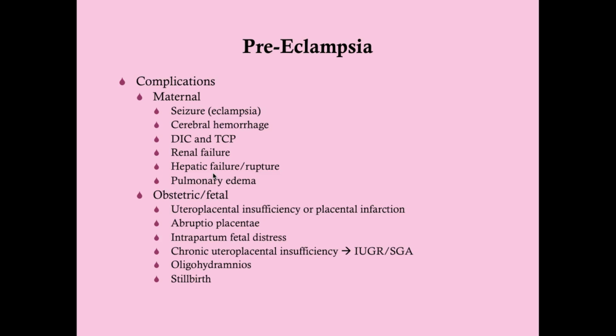It can go into the liver. It can go into all sorts of places. And what's actually going to happen is they're going to have less volume than they would otherwise have in their vascular space. And so when you look at the labs, their hemoglobin may be high because you have hemoconcentration. So they can have this sort of systemic edema.